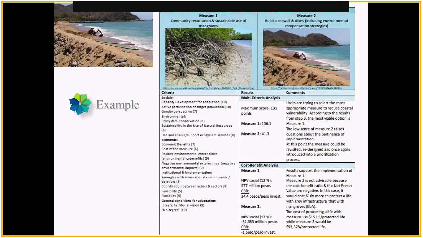So in this particular case, we identified that measure 1 was more effective in a multi-criteria subjective way, because it had better benefits in the short and long term than building a seawall, not restoring the mangrove. And in the economic analysis, we also saw that the measure was profitable.